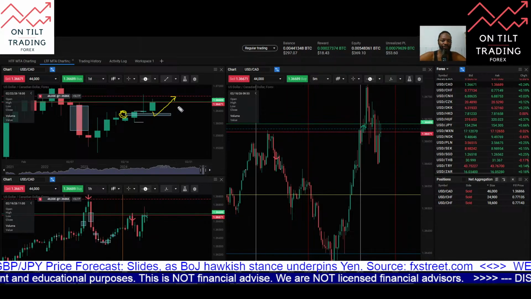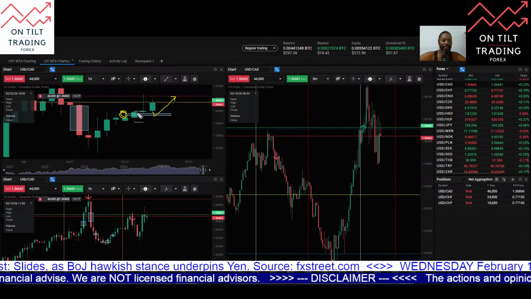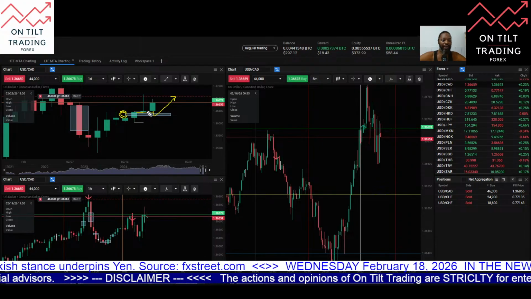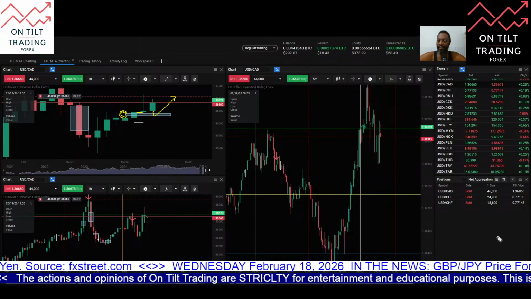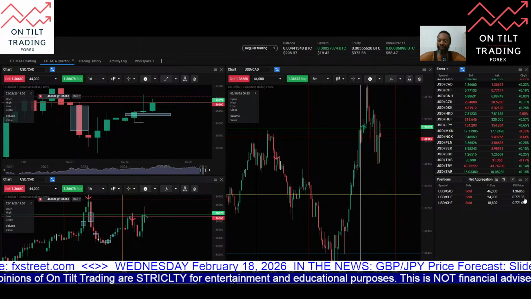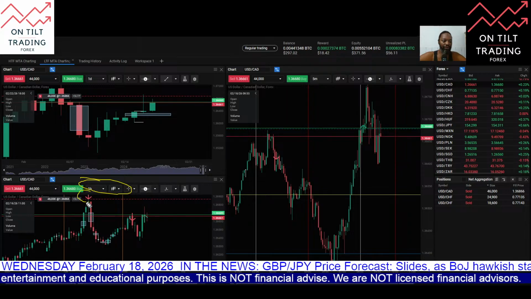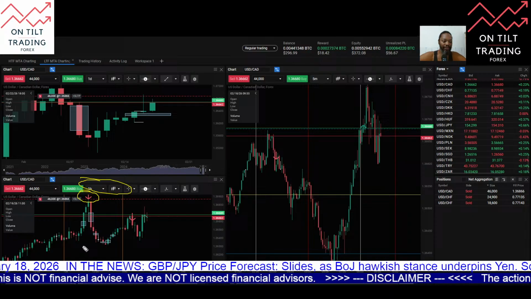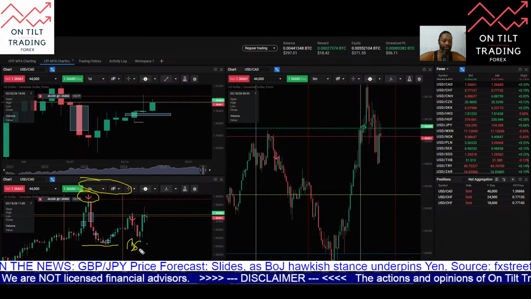But sitting in this trade for this long is not ideal. So when yesterday price broke below the low of the actual candle, this may have been the better exit or better take profit for my particular style of trading. Then if we come here to the 1 hour chart, you can see my entry here. Then you can see price delivered to the sell side, put in a market structure shift to the sell side,